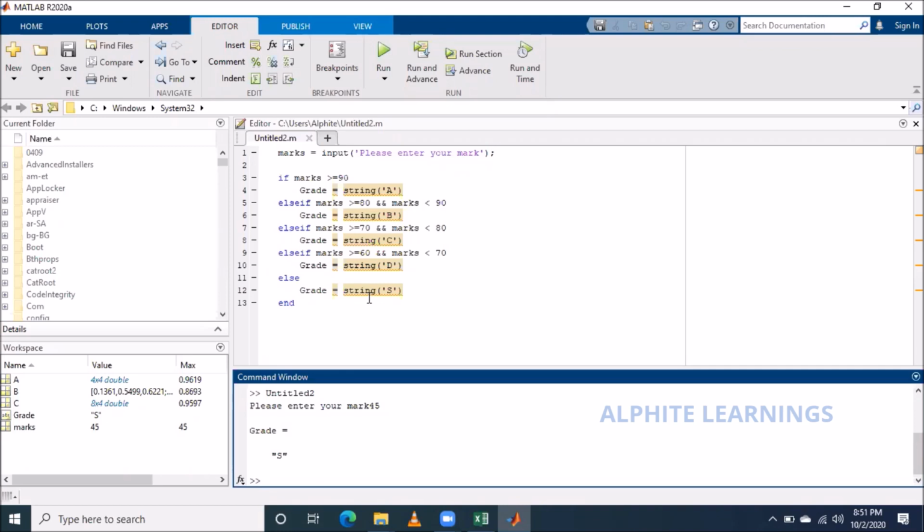So I'll just move on to the nested loop. Okay, nest is something like you're going to add something inside something. What I did here is I just got a mark, and whether it comes here or comes there, like that, right? So the same thing, I'm just going to use some more extra things.